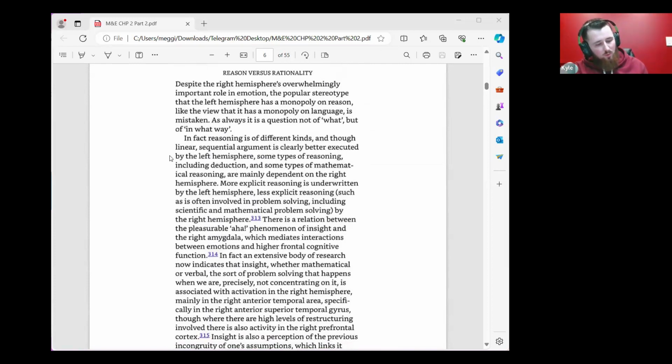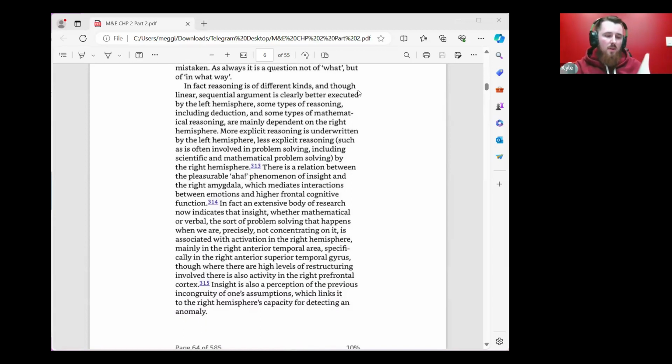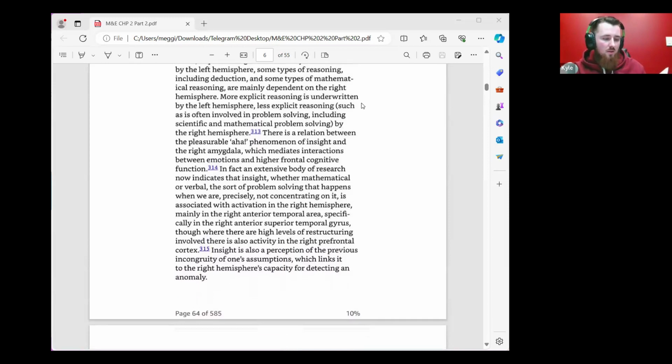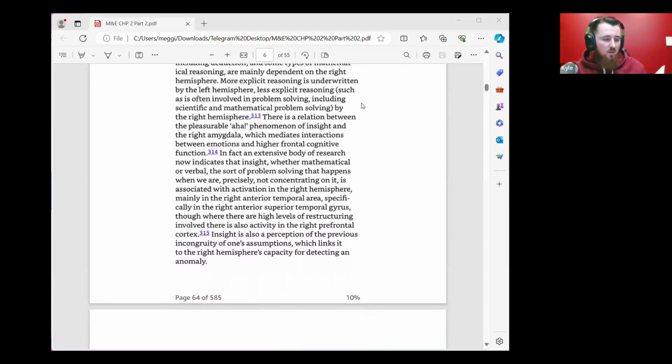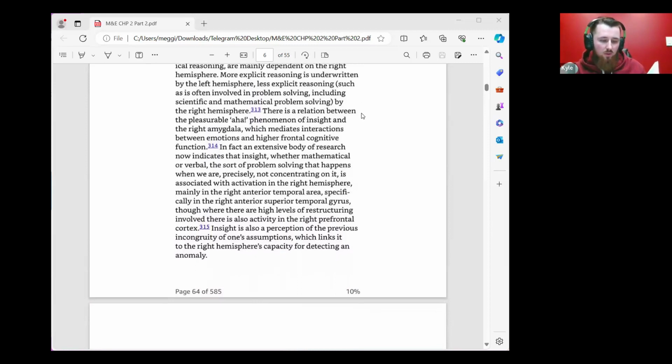Despite the right hemisphere's overwhelmingly important role in emotion, the popular stereotype that the left hemisphere has a monopoly on reason, like the view that it has the monopoly on language, is mistaken. As always, it's a question not of what, but of in what way. In fact, reasoning is of different kinds, and though linear sequential argument is clearly better executed by the left hemisphere, some types of reasoning, including deduction and some types of mathematical reasoning, are mainly dependent on the right hemisphere. More explicit reasoning is underwritten by the left hemisphere. Less explicit reasoning, such as is often involved in problem solving, including scientific and mathematical problem solving, by the right